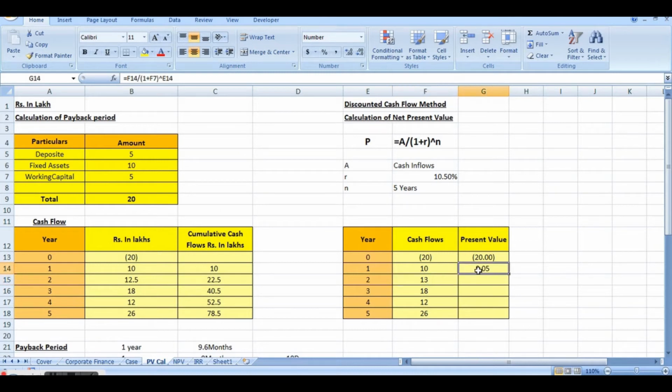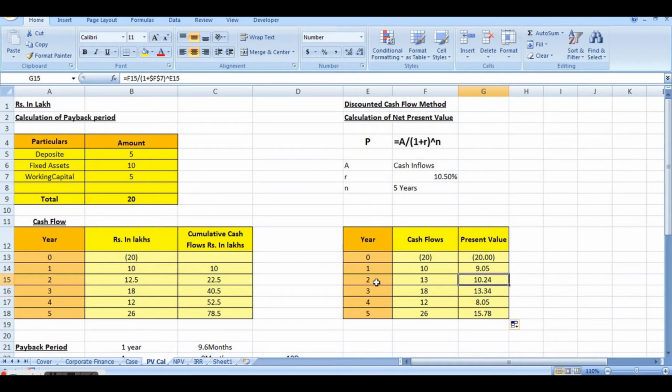Now we can drag the formula as well, but for that we need to freeze certain items. For example, we need to freeze the rate which is going to remain same. So we will simply freeze that cell, and the rest we want to be referred in sequence. So we will not freeze other items, and now we can use it. Check here. The 26 lakhs that you are going to get at the end of year 5, the present value of that is only 15.78. So this is how present value matters.